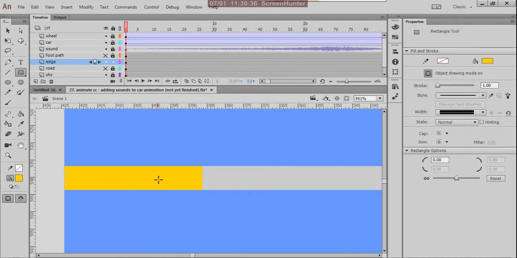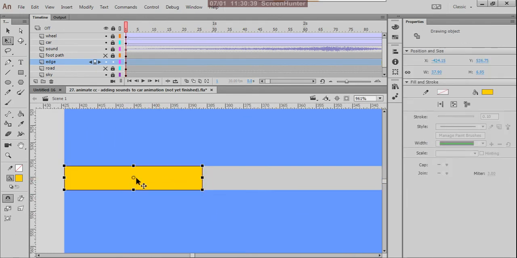Make it a bit bigger, fix this point here, and again drag this up to here.